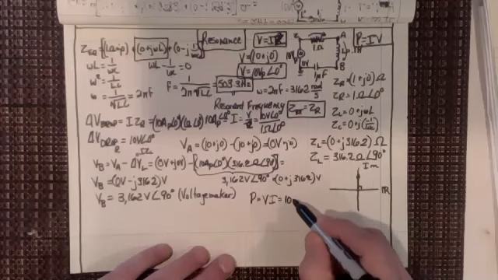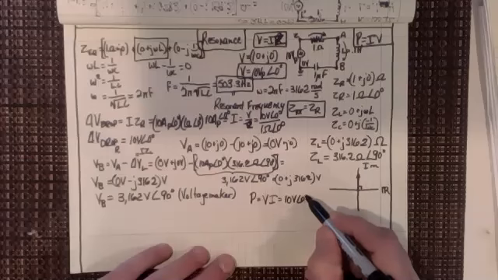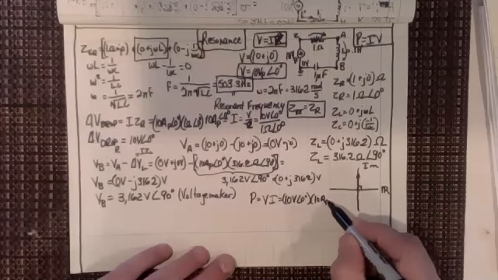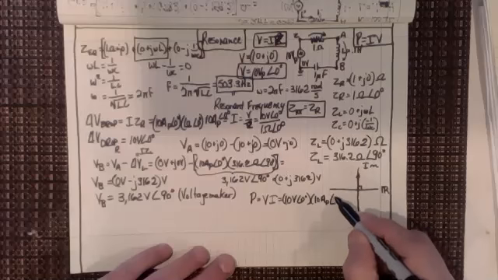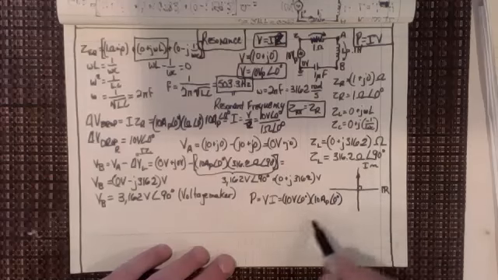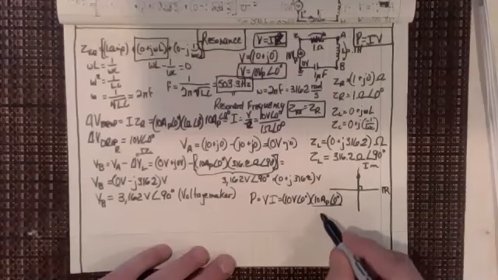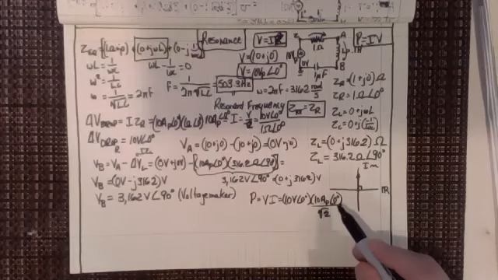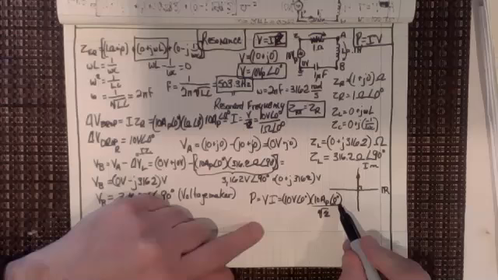So if I have 10 volts at an angle of 0 degrees times 10 amps peak at 0 degrees, divided by, of course, the square root of 2, because we have to change that from peak voltage or peak amperage into